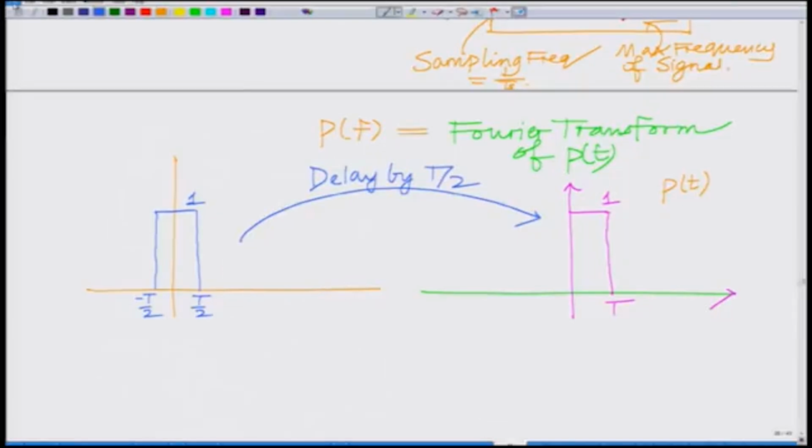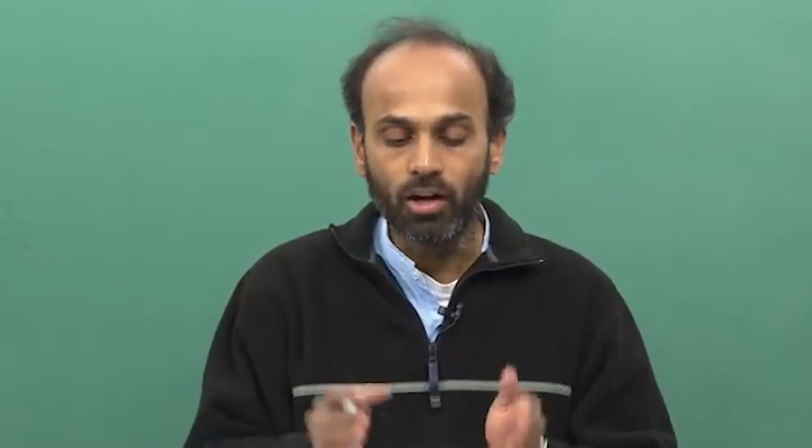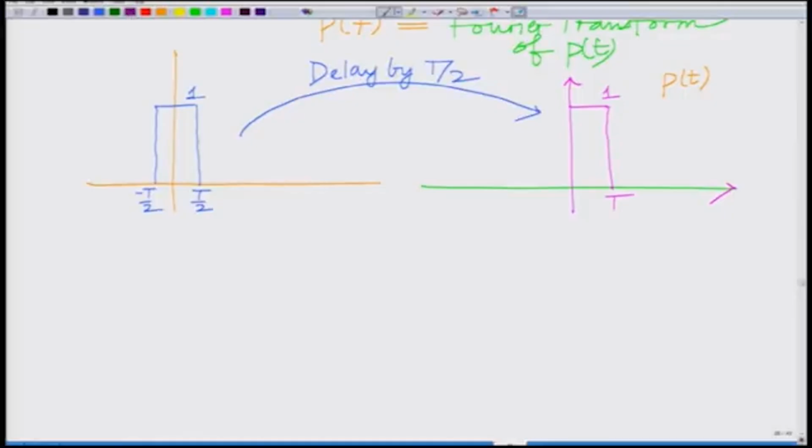So, what we have is the pulse of unit amplitude between minus t by 2 to t by 2. If I delay this by t by 2, then it becomes Pt, which is the pulse of unit amplitude, unit height between 0 and t. Alright. And I already know the Fourier transform of the pulse with unit height between minus t by 2 to t by 2. This is basically my t